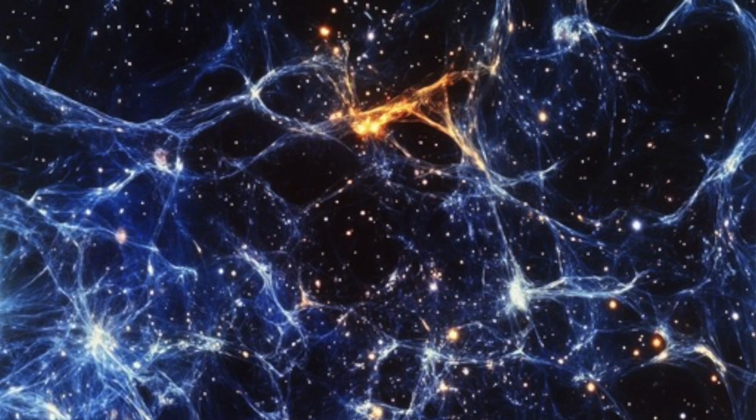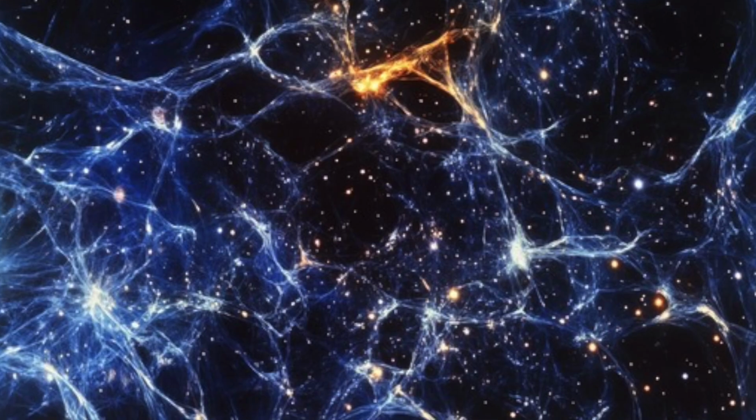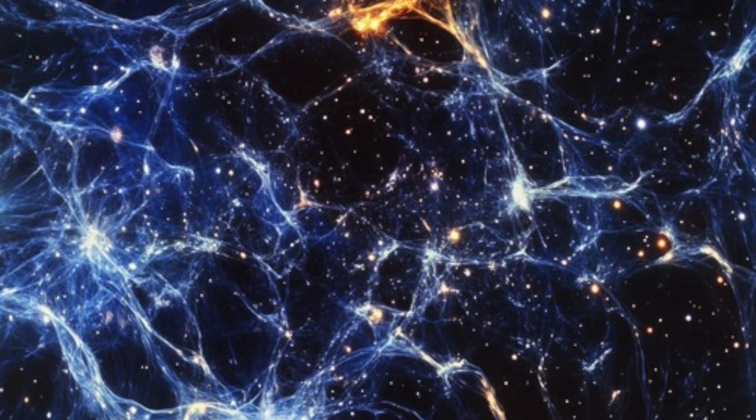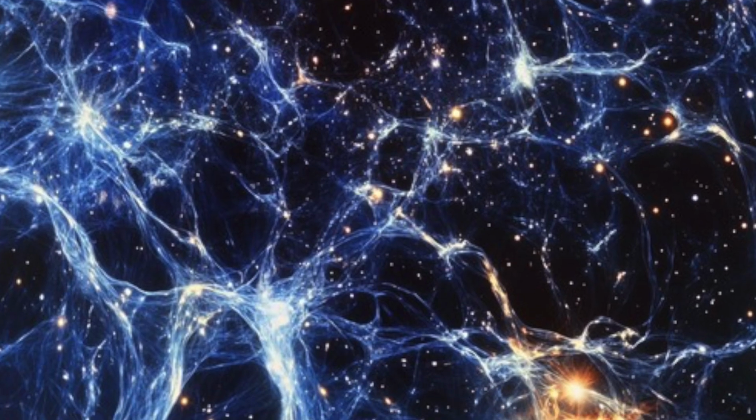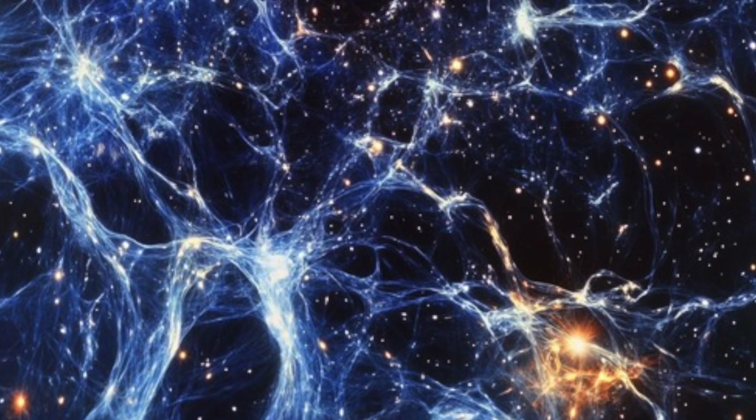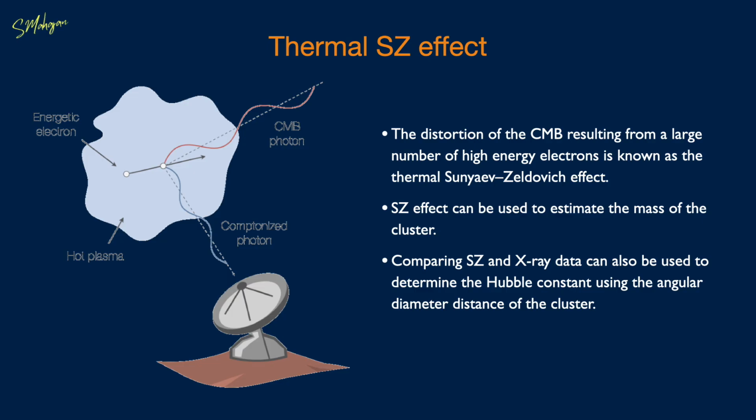In superclusters, the effect is not strong, usually less than 8 microkelvin, but with precise equipment, measuring this distortion can throw new light on the formation of large-scale structures. Gases in the local group may also cause anisotropies in the CMB due to the thermal Sunyaev-Zeldovich effect, which must be taken into account when measuring the CMB for certain angular scales.